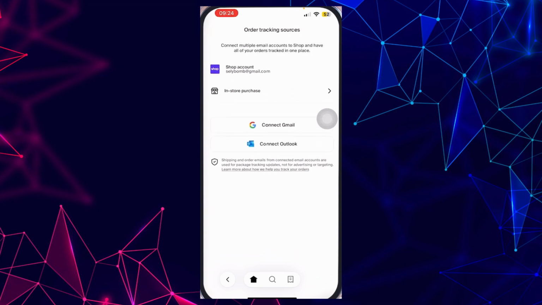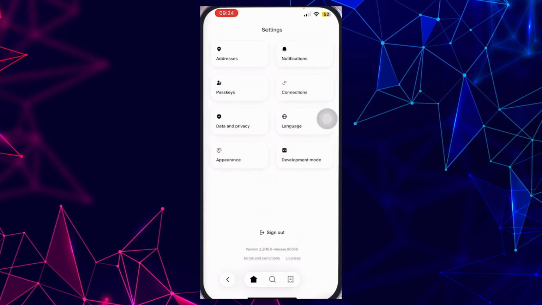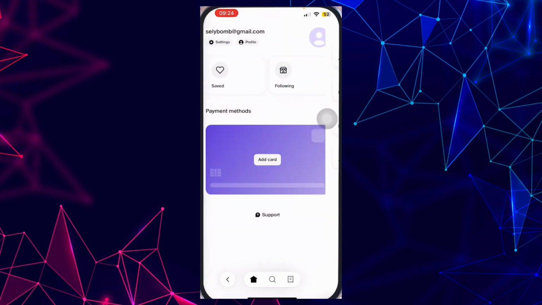And just like that, your deliveries will now appear in the app with real-time tracking. No manual tracking numbers are needed if the email is synced. And then you can stay notified with shipping updates right inside the app. And that is how you can do it,